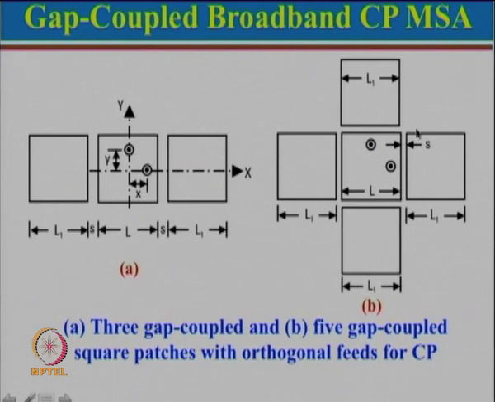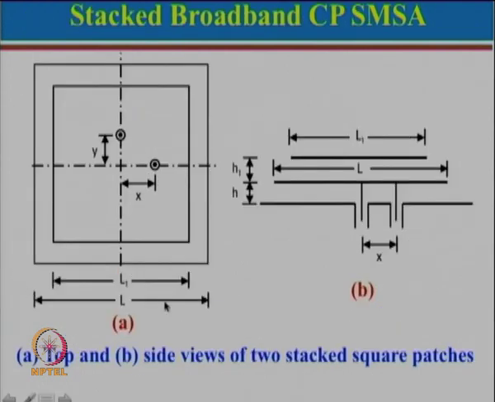And we had also mentioned that if you want a larger AR bandwidth, sometimes a 3 dB 2 branch coupler may not be sufficient. So, we may have to use a 3 dB 3 branch coupler or even a 3 dB 4 branch coupler also. Then we had also looked into, instead of using the configuration which is planar in nature, that was gap coupled, that we can also now use a stacked configuration. So, what we really have here, the difference compared to what we discussed in the broadband technique, when we discussed broadband stack, there L could be different than W,